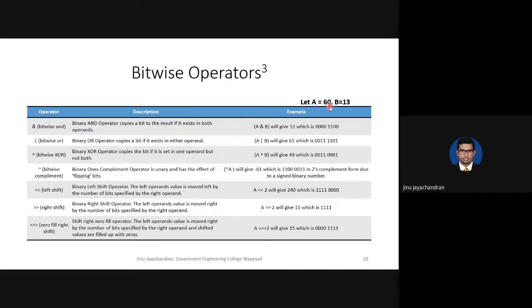Let's say a equal to 60, b equal to 13. When you do a ampersand b, you convert 60 into binary digits and you convert 13 into binary digits, and then you do an AND operation with the corresponding digits in the variables a and b. That is called the ampersand operator.